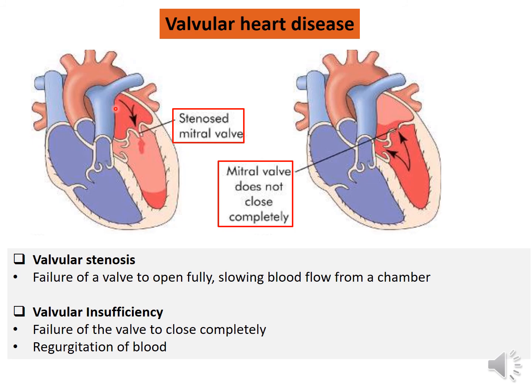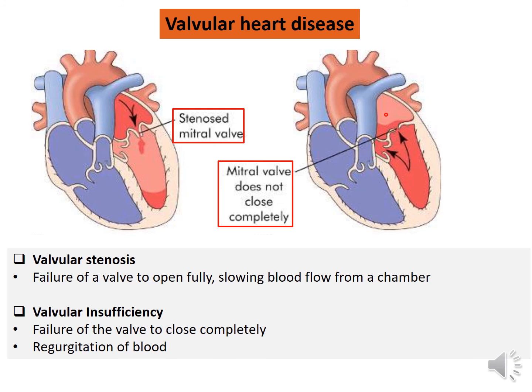So due to the stenosis, when there is atrial systole, the blood flow to the left ventricle is very slow. So the filling phase of your left ventricle will be affected. On the other hand, when there is a valvular insufficiency, what happens? The valve fails to close completely during ventricular systole, due to which the blood from the left ventricle is escaping or regurgitating into your left atrium.